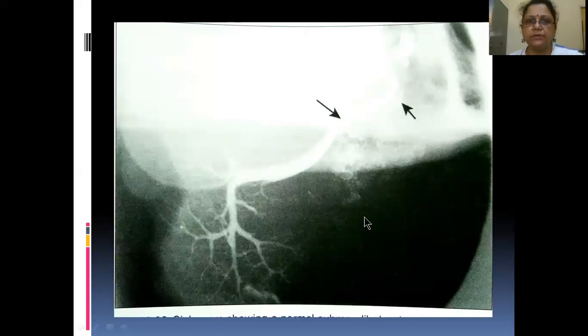So this is a picture called sialogram. Here actually not very clear. You can see the duct here. This is the gland and this duct is coming like this here. So this helps to find out if there is any stone or calculi or any other problem with that. Okay. So please remember this is a picture called sialogram or sialograph. If you are asked what is sialograph or sialogram, you say that this is a radiograph to show the duct system of the salivary glands. Okay.